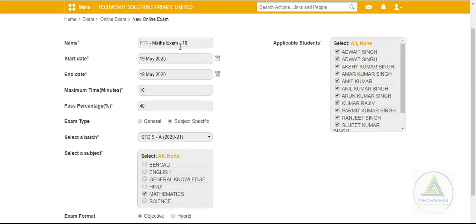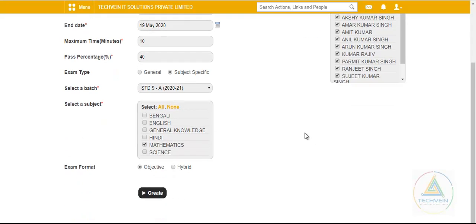Now, since it's a math exam and of class 9 PT1, I have selected the batch, means the class and section and the subject, and then from here I may take this exam or set this exam for all the students or few of them. As per my requirement, I can set it. Okay, now for this tutorial I will go with all,